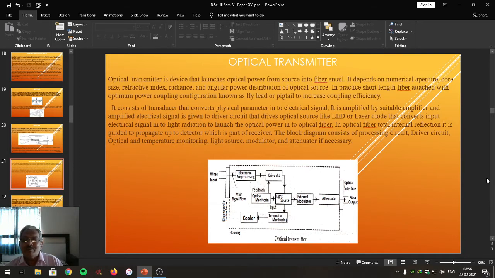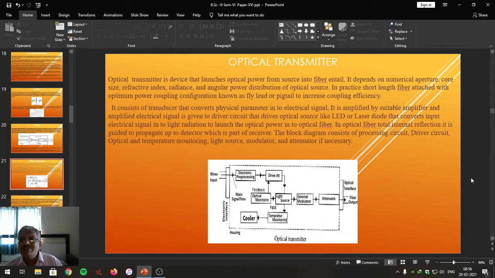Also, the splicing technique is used to create a permanent bond between the light source and the optical fiber, and the detector with the optical fiber, at the transmitting and receiving end respectively. This means that if permanent bonding is necessary, then the splicing technique is used.